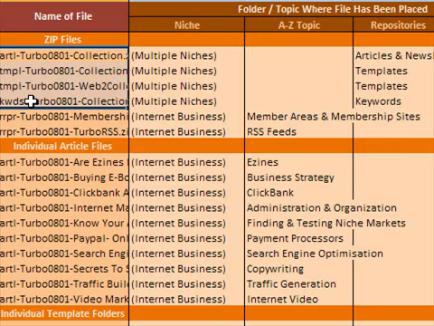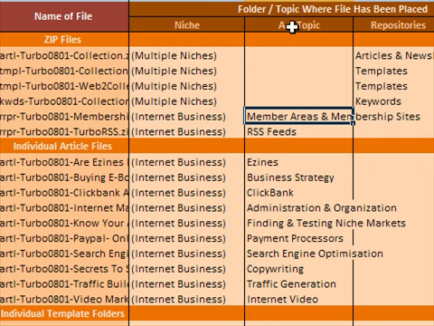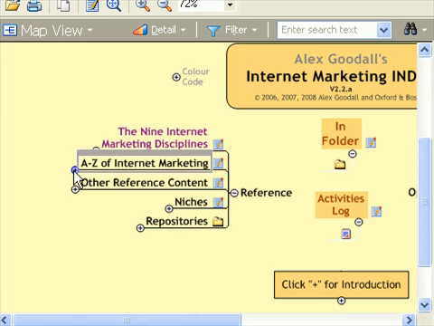The next 2 zip files relate to the internet marketing business, and therefore we can store those under specific folders in the A to Z of internet marketing. So the first one is an ebook about membership sites, the second is a script about RSS feeds, and this tells us exactly which folders they're in. So we now look to the A to Z of internet marketing,